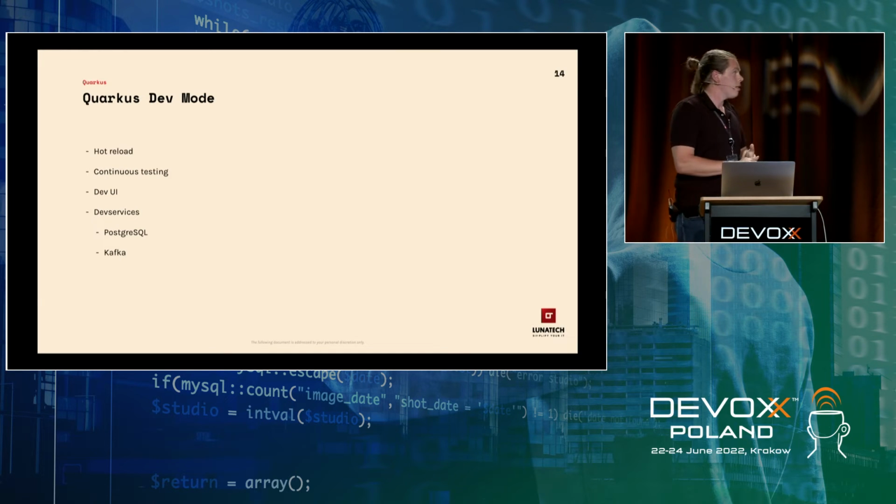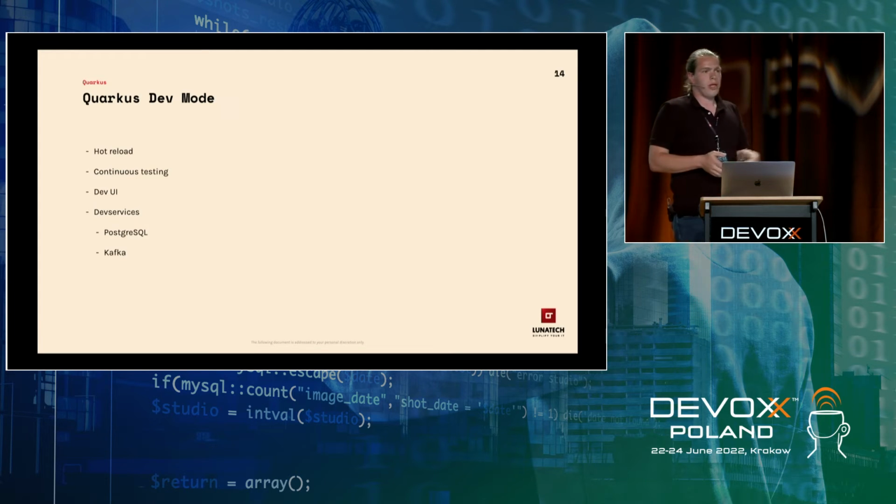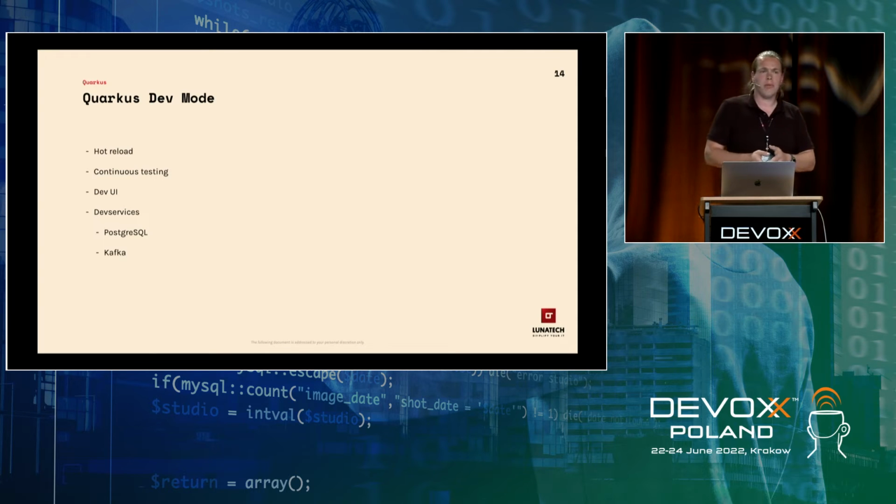Some stuff I didn't touch upon. Quarkus focuses a lot on developer joy, so making it really easy and joyful as a developer to work with. That's also what I've experienced the last 2 years. It's a really nice framework to work with on a daily basis and to develop applications with, mainly due to the hot reloading. I was used to the hot reloading from the Play framework back in the days, but it basically works the same. You change a bit of code, you reload the page, and it automatically recompiles.